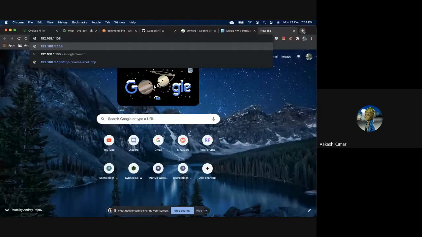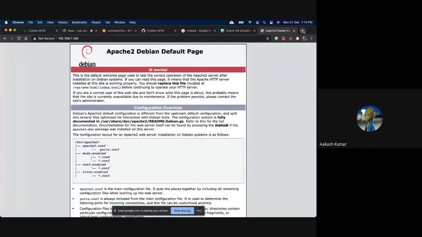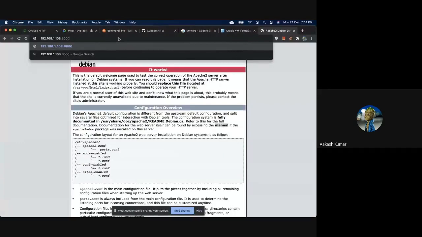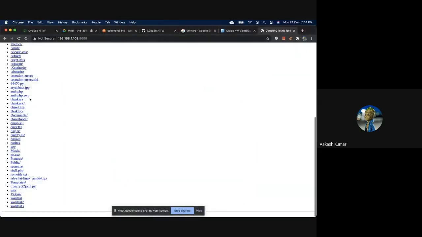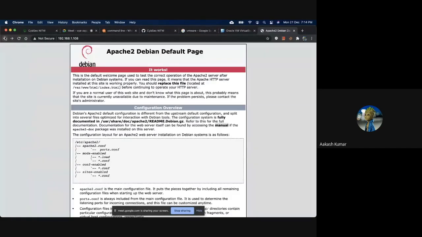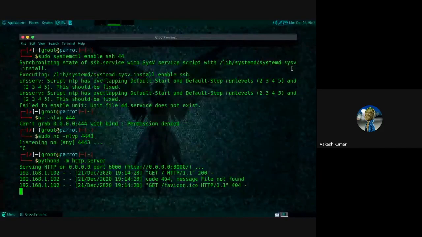It's not running on this IP alone, I have to mention that port, and then I can get the HTML directly. So I can access the whole file system, file structure. And on my port 80, actually Apache2 is running. So on different ports I can run different services, and that's the point.